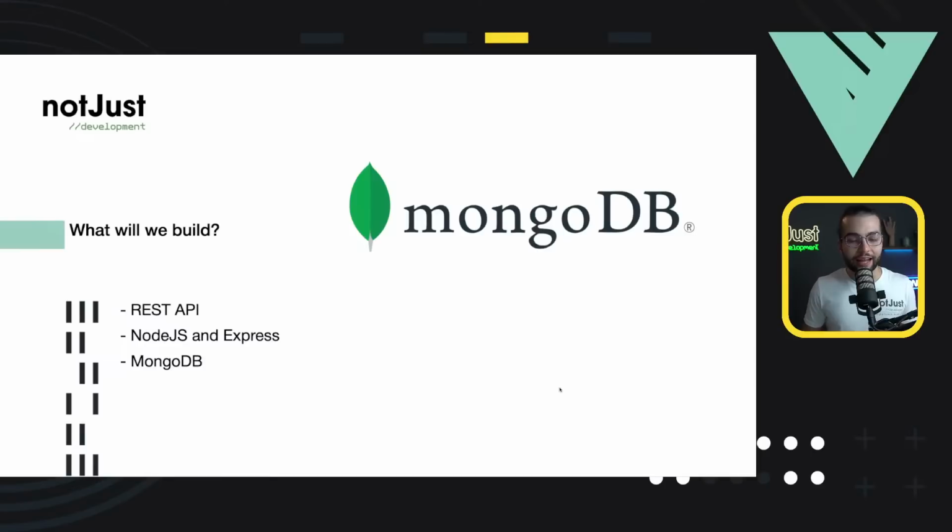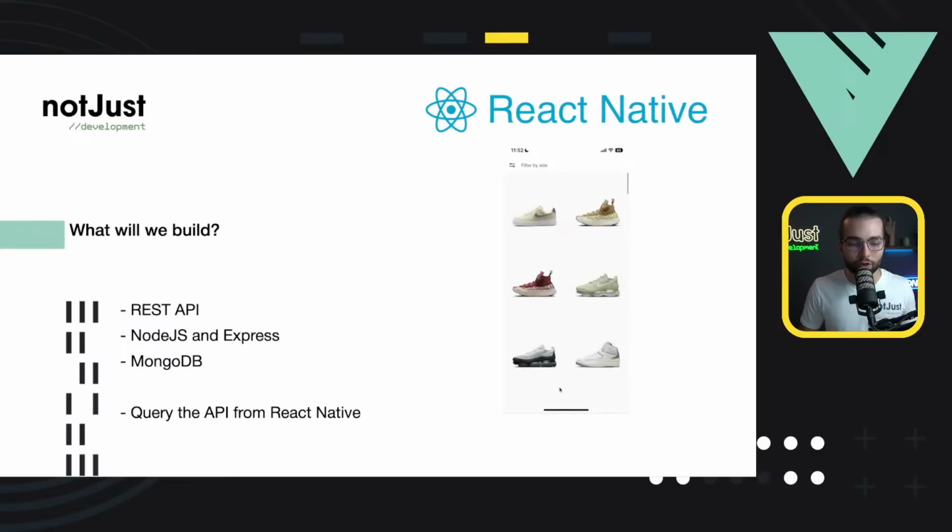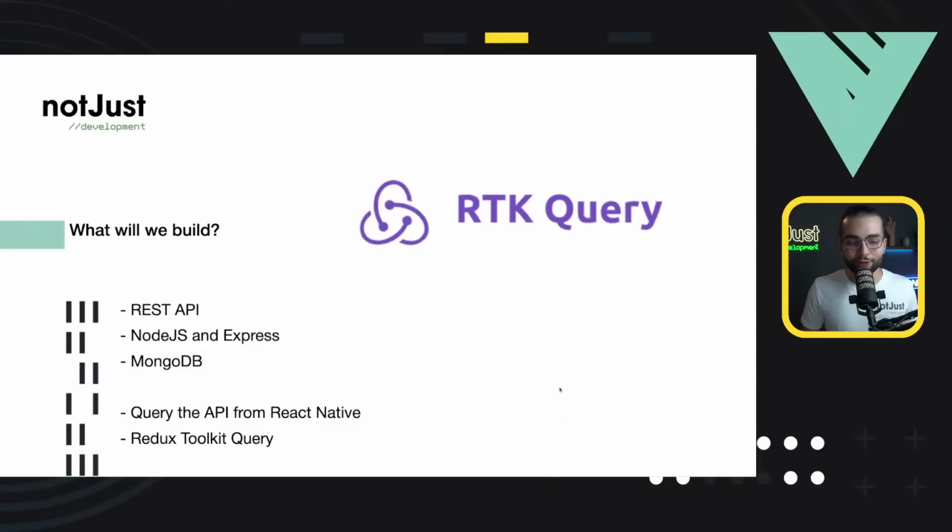At the moment, we are almost done with building our backend. We have implemented the necessary operations for our products, like getting all the products, getting a product by ID. And what is left is to implement necessary operations for the orders. After that is done, we're gonna switch to querying this API inside our React Native application. So that's also in today's video. Stay tuned till the end. And we're gonna do that using the Redux Toolkit Query. I hope you will enjoy all of this